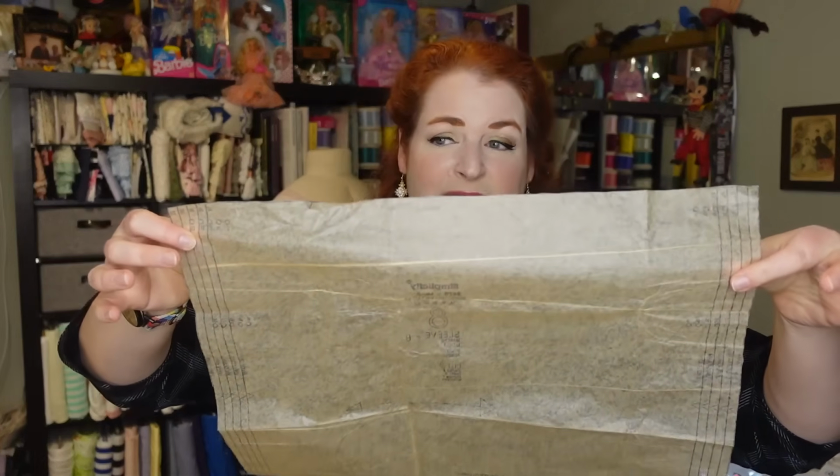There is a gusset that goes into this as well, but as an armhole, I don't know, that seems pretty small. So I have to measure that and see. Again, it does get opened up a little bit with the gusset, so maybe. But I think that by the time we increase the shoulder, we are also going to have to increase this likewise. Now, this one does have a little bit longer of a sleeve than what I am used to personally